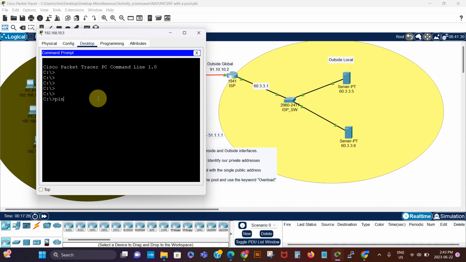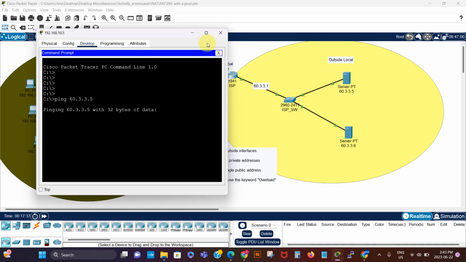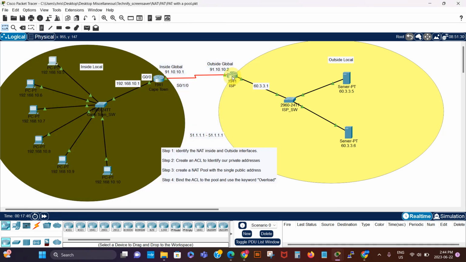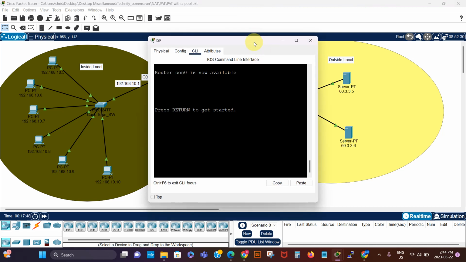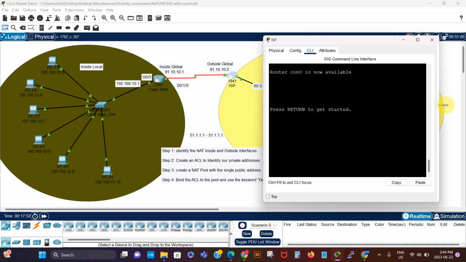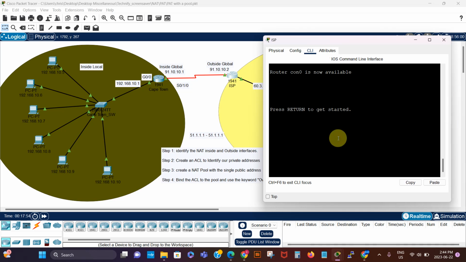We're gonna ping, let's say 60.3.3.5. So it's not gonna work because the ISP does not have a route to this network. So what I'm gonna do quickly is configure a static host route. So I'm gonna say enable,